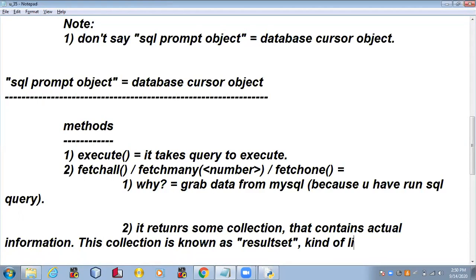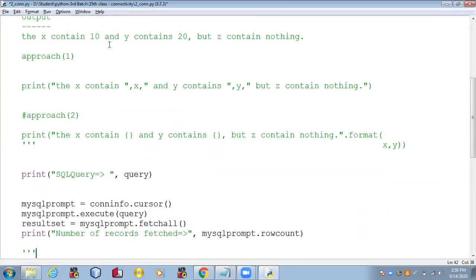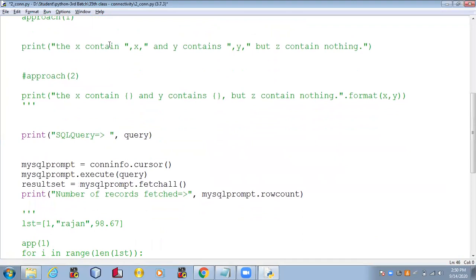list. As you deal with the list variable, in a similar manner we will deal with the result set variable, right? So I've given you the demonstration that this is a list. I want to grab each and every element of the list.